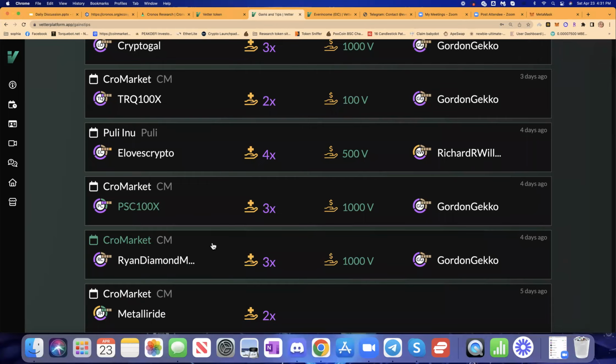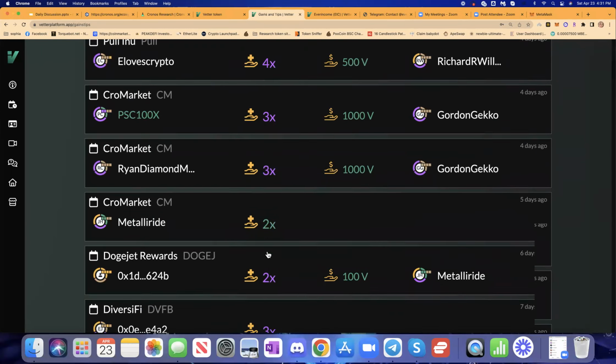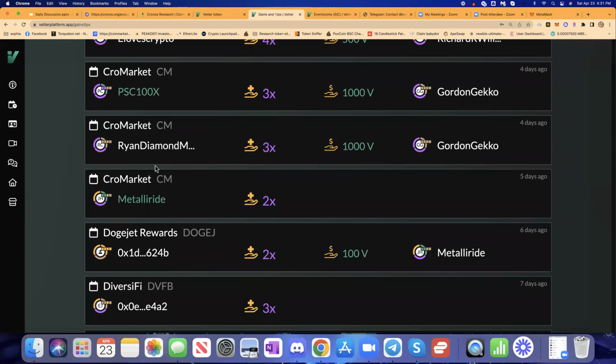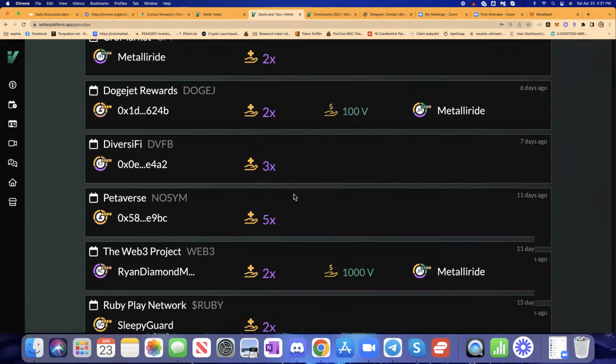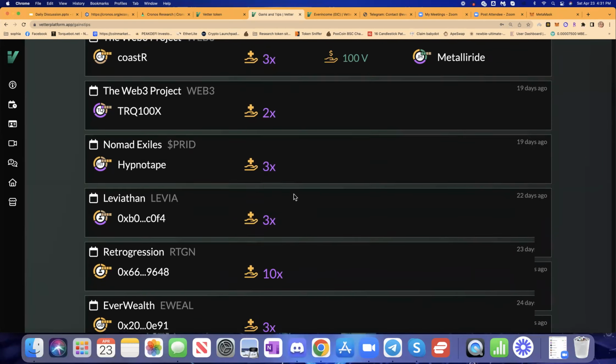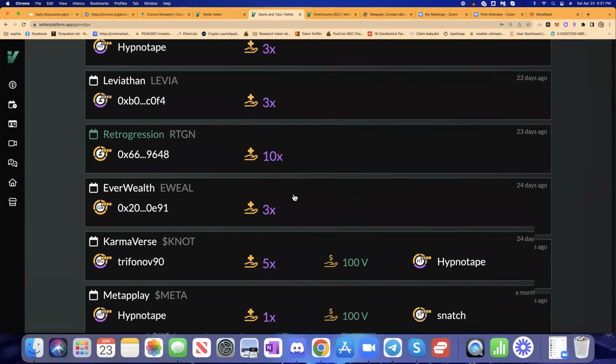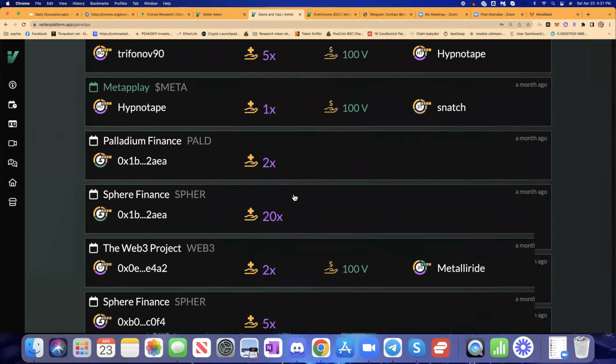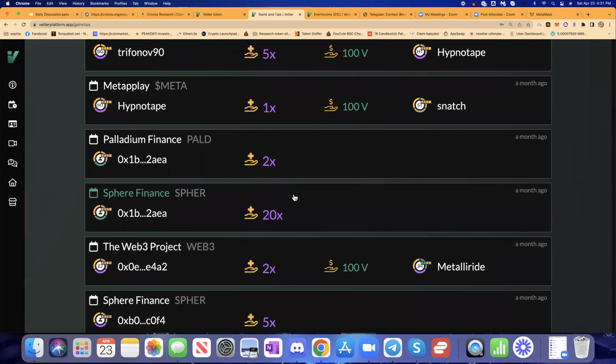It looks like Ryan got a 3x and Metal Ride got a 2x on Crow Market. This was one that was on the Cronos Network. Okay, so guys, this is pretty exciting stuff. Really exciting stuff. And I love sharing it because congratulations and kudos to those who actually made these trades,